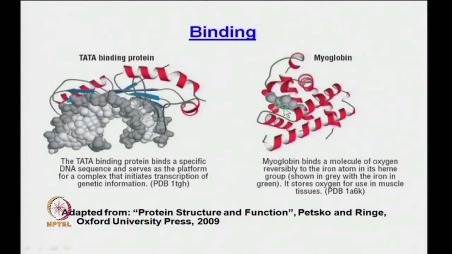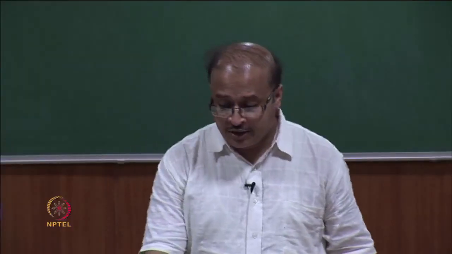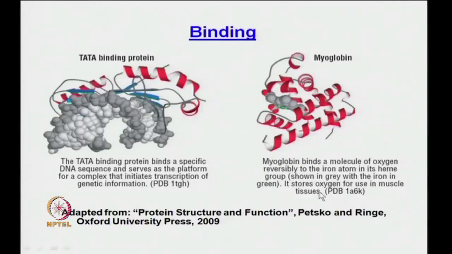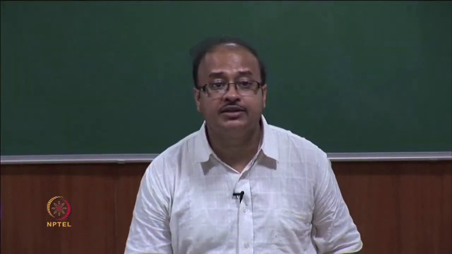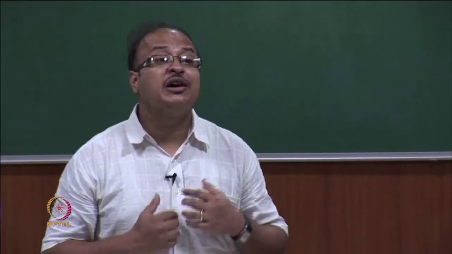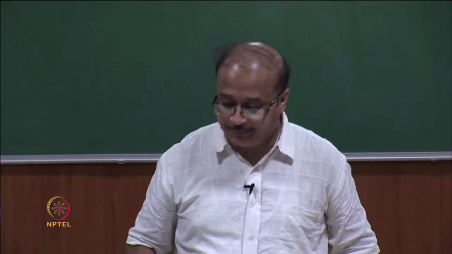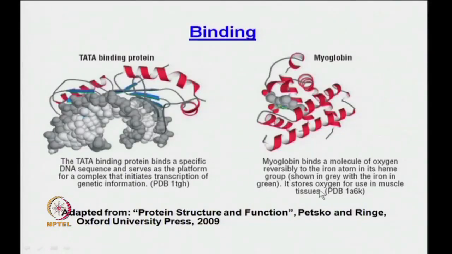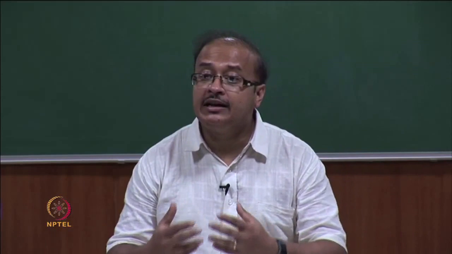So, myoglobin is known to bind to oxygen, it is found in muscle tissues, right. And if you look at the center, this grayish space filling model is a model of the heme cofactor. This has an iron atom in the center where the oxygen comes and binds, right. And myoglobin reversibly binds the oxygen, that means it binds the oxygen and also releases it in times of need. That is why it is said it stores oxygen for use in the muscle tissues, right. So, it keeps it there and when it is needed it lets the oxygen go,